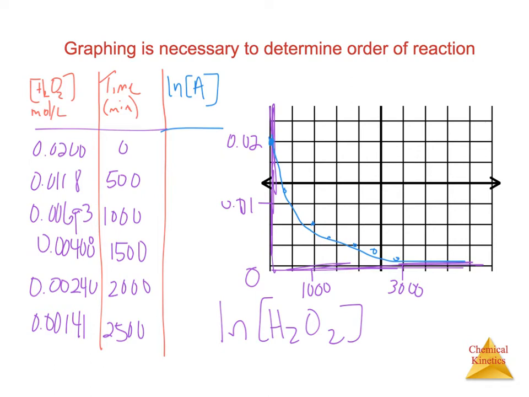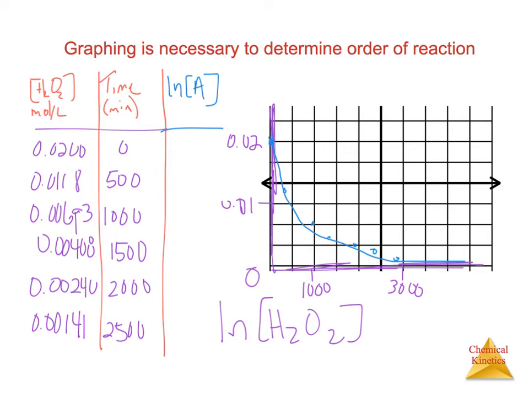We'll practice this in class, so I'll go over it again in class, but in order to calculate the natural log, you hit ln on the left side of your calculator, and then type in the number. So here our first one is 0.02, close parentheses, hit enter, and the natural log of this